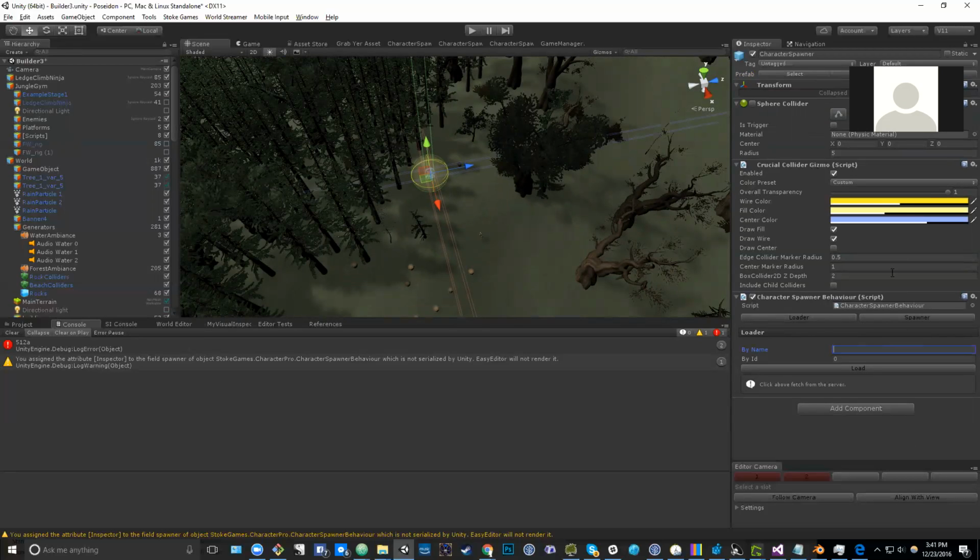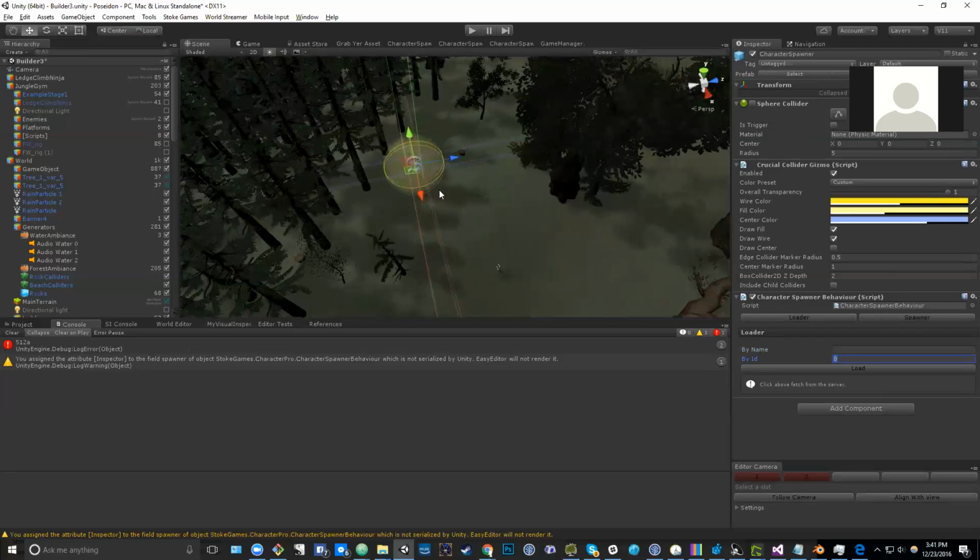the character spawners have been loaded from the database. If not, it'll send a request currently directly to the database. In the future, it'll send a request to the game server for the character spawners in the vicinity. And you might even get one by name or ID, so you can just put that in there and then load. And that'll load in the spawner right here, which will have some arguments saying which characters it wants to